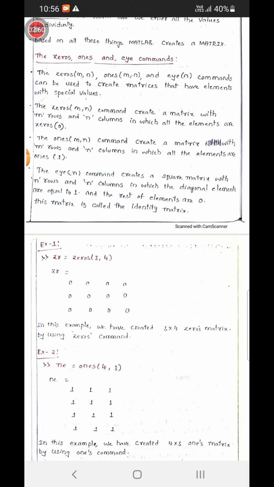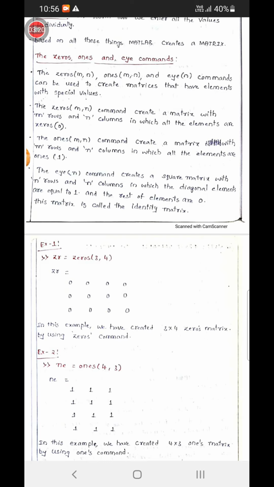And next point, the ones(m,n) command creates a matrix with m rows and n columns in which all the elements are ones.